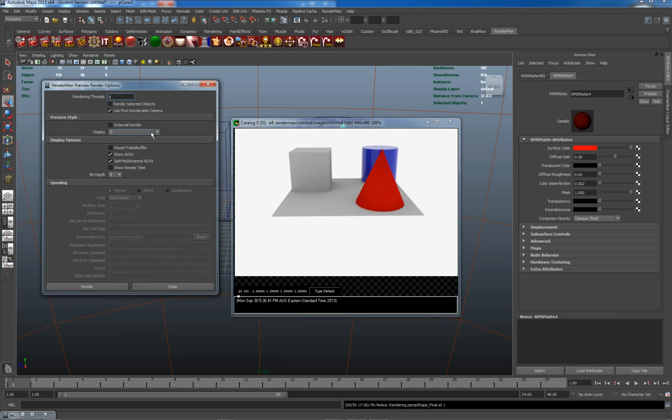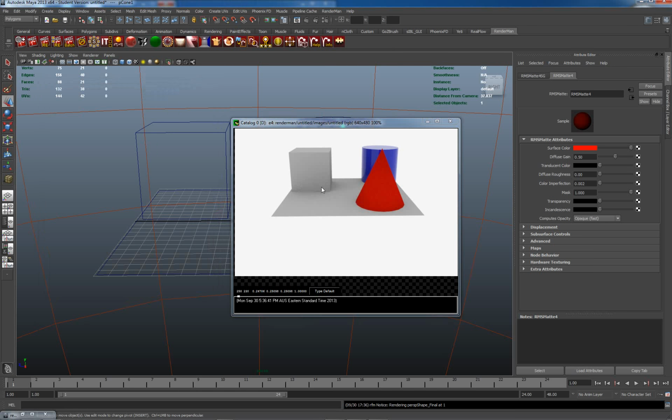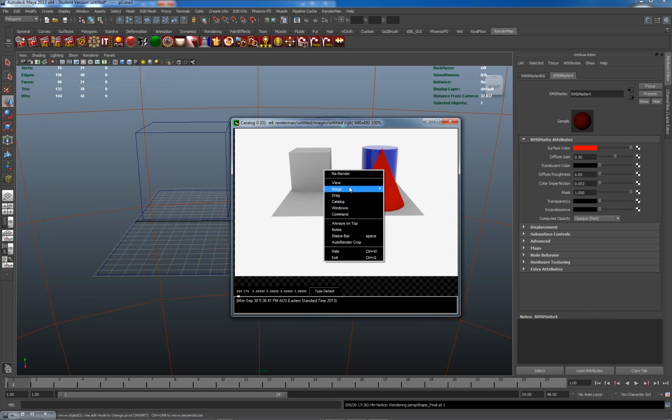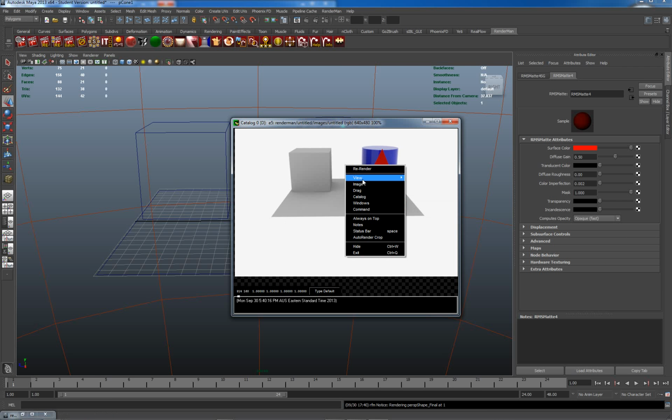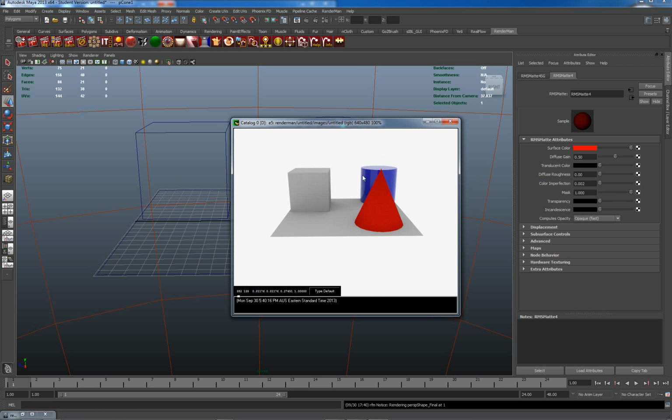We've got the bit depth, which should be set to 32 is my preference. We've looked at right click, which gets us access to the main menus, Rerender being the most common, and the second most common being the view commands. We've gone from reset pan and zoom to fit image